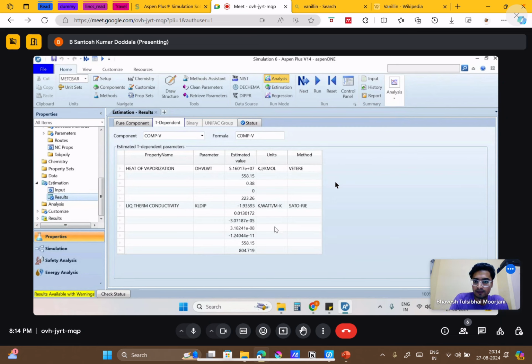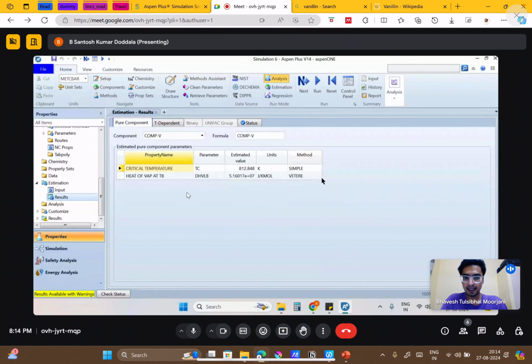These are estimated values, and it has mentioned the units and some method. On the right hand side you can see one method mentioned. Same for pure component; there also it has calculated this via some method.